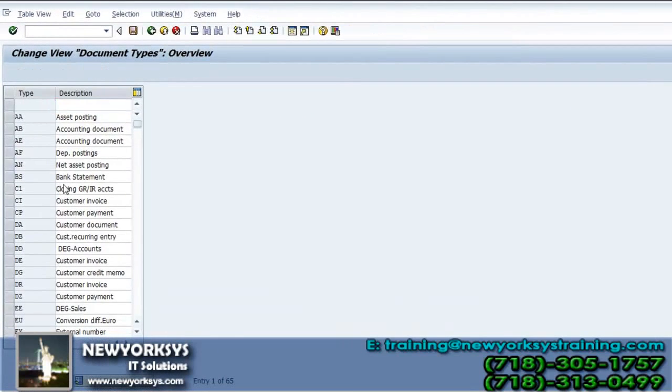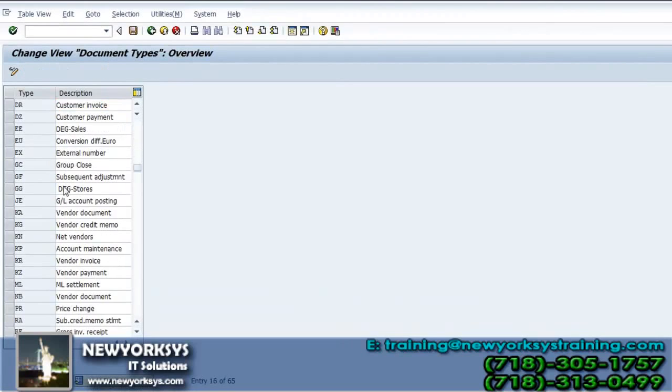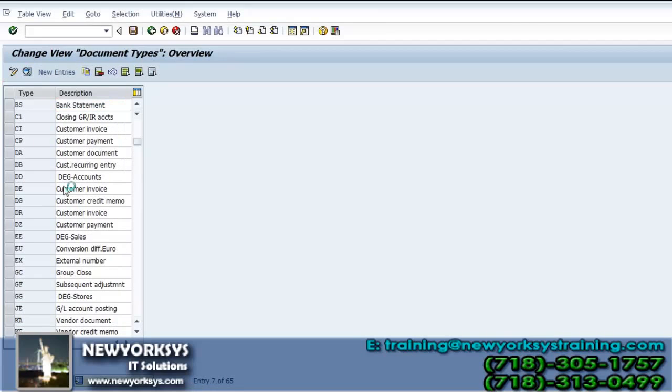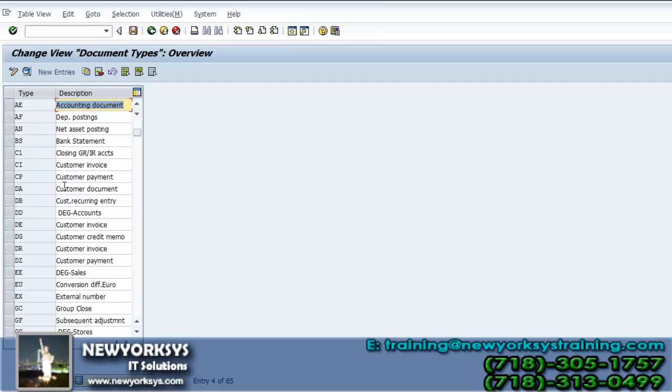Okay, these are all the document types the SAP system has given, and a few of the users are also created. But creating a new document type is not at all recommended unless the existing document types are not serving the purpose. Only if they do not serve the client's purpose is it recommended to create a new one. But we have seen in implementations that all the client business scenarios are covered by these document types. There is no need for us to create any new document type.